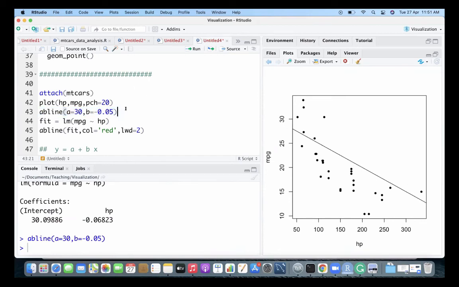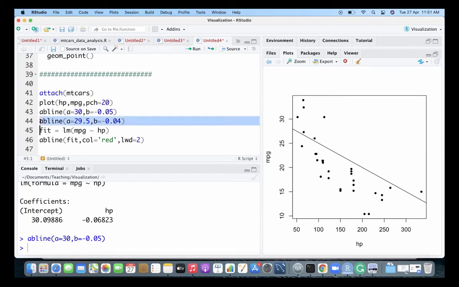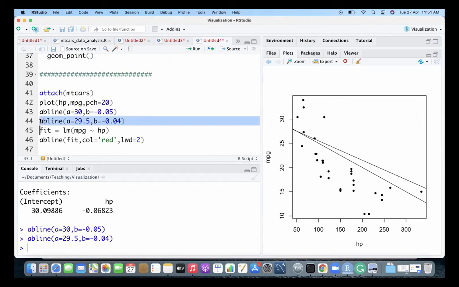Okay, so then you choose another abline. What you can do is a equal to 29.5 and b equal to -0.04, so it will draw another line.